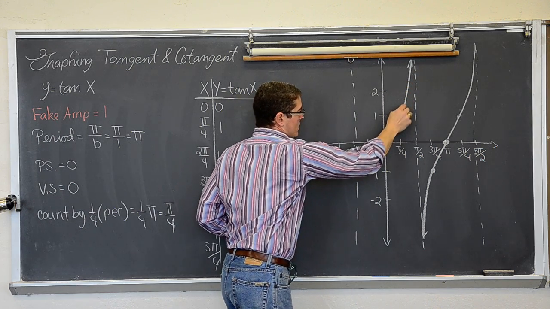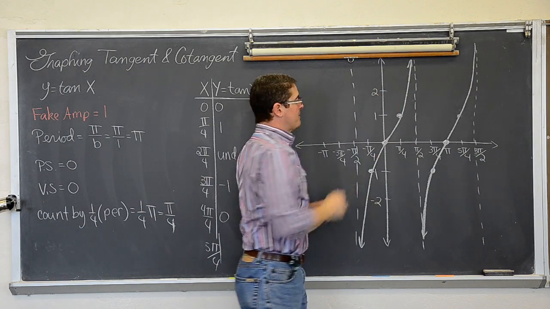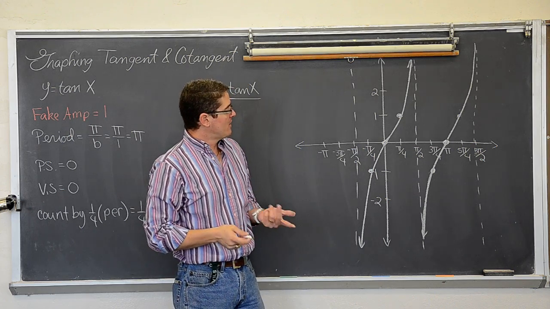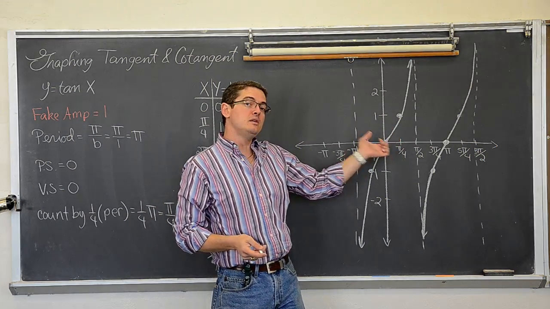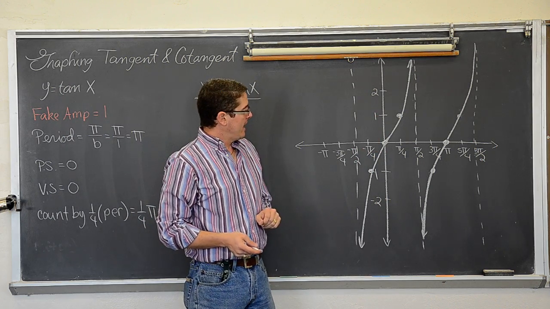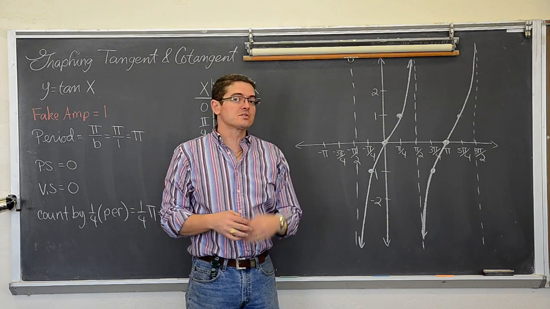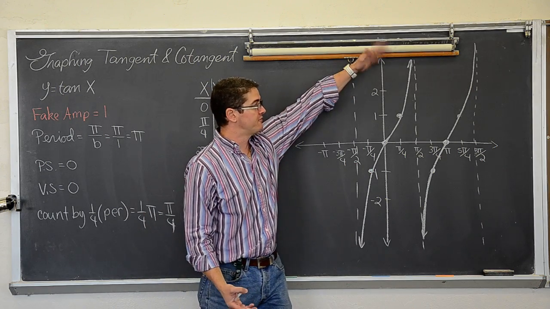This right here in the center is what you would see in your textbook when it shows you the parent graph, or the first period of tangent. You might notice some things about this. If you take this graph and you rotate it 180 degrees, it'll line up with itself. So this is an odd function and has symmetry around the origin. It goes up and down forever, so the range is all real numbers, or -infinity to +infinity.